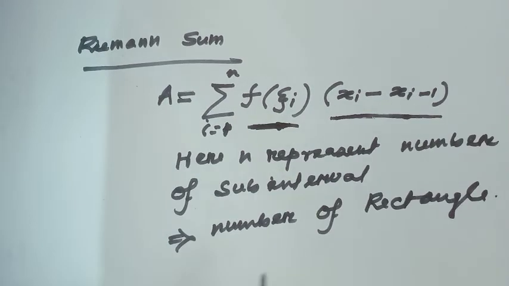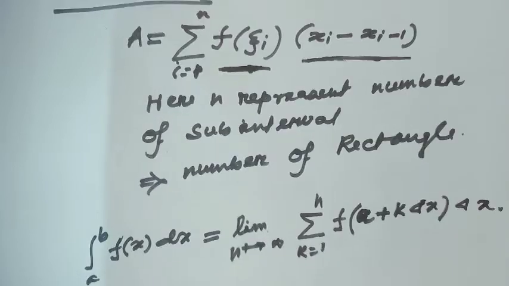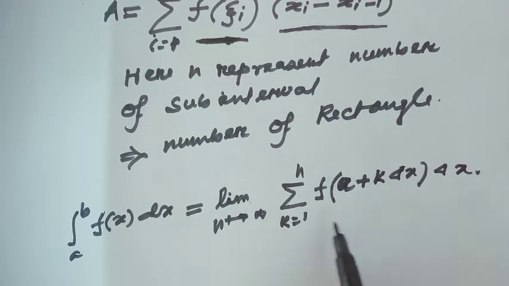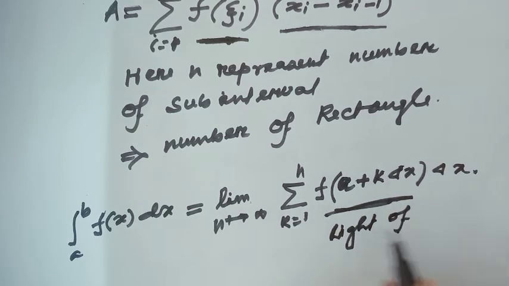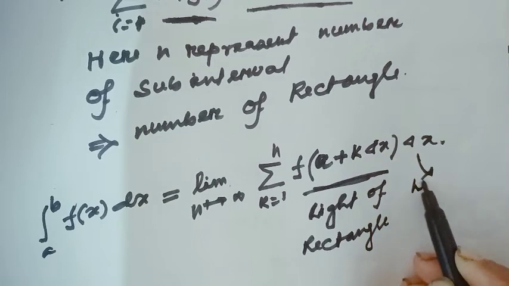Actually, this implies the number of rectangles, and if we know the Riemann sum, then the Riemann integral from a to b of f(x) dx equals the limit as n tends to infinity of the summation k equal to 1 to n of f(a + kΔx) times Δx, where this part is the height of the rectangle and this is the width of the rectangle. Okay,